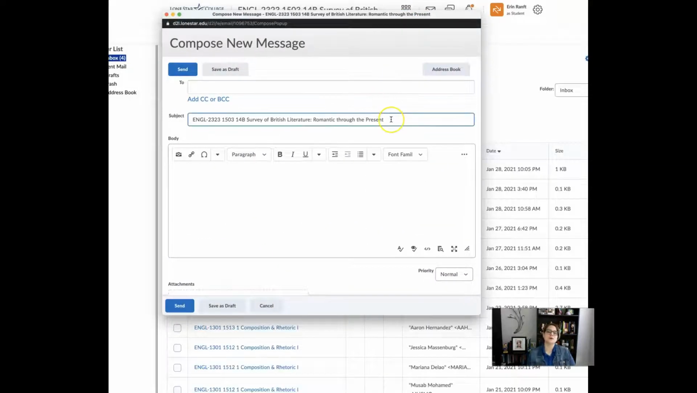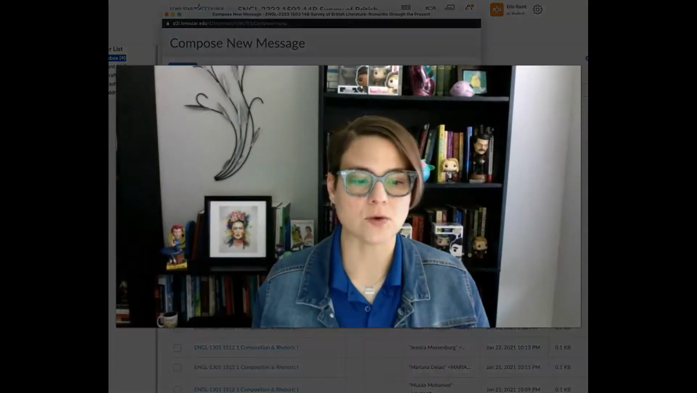What I want you to note is that you want to be in your actual class and use the email option so that it auto-populates your class and section number. This is required for my class, but it's also something that's really helpful to all of your professors, because if you are